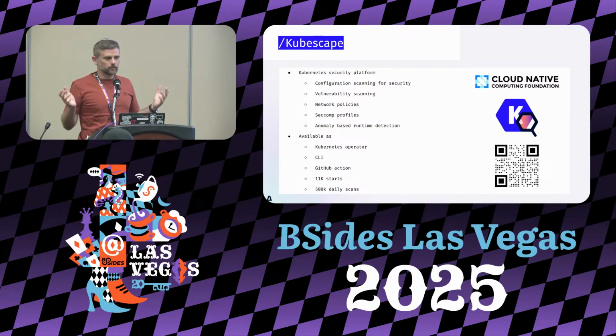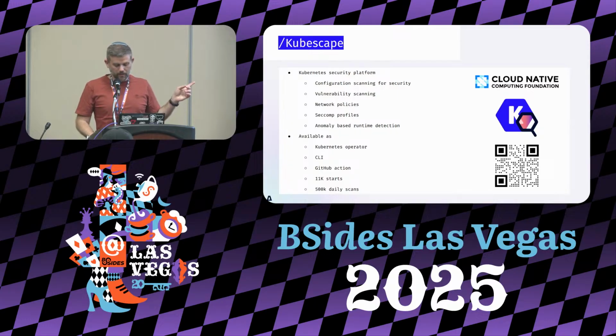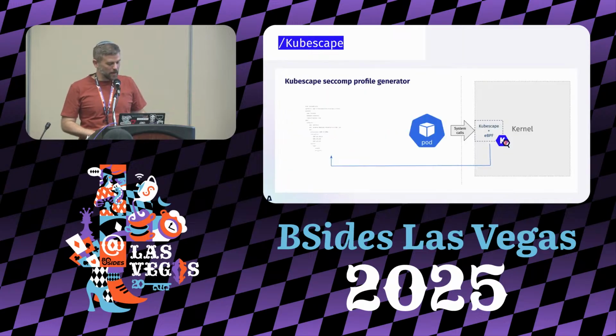This is one of the things we try to solve in the Kubescape open source project. Just a little word, because we don't have time and I want to go to the demo. Kubescape is a Kubernetes security platform supporting posture, vulnerability scanning, configuration scanning, generating network and seccomp profiles that you will see, and runtime detection tools. If you want to get to our website, scan the QR code, or it's Kubescape.io, so you'll find it. The way Kubescape works, it has a node agent that is running on every Linux node,